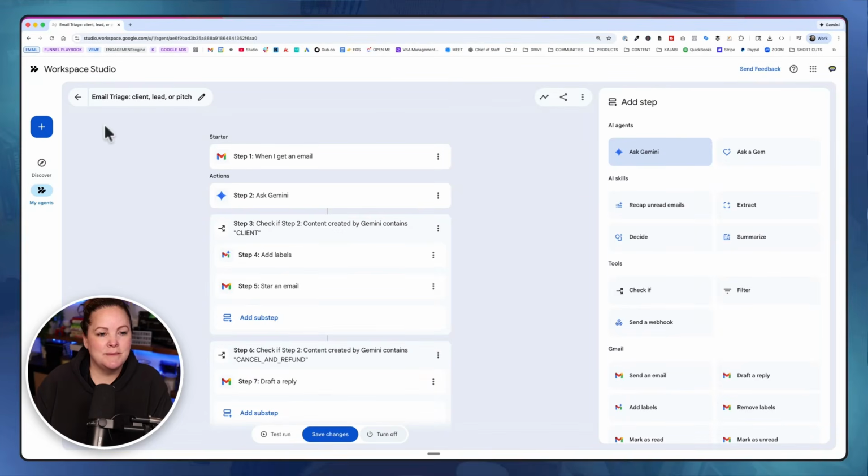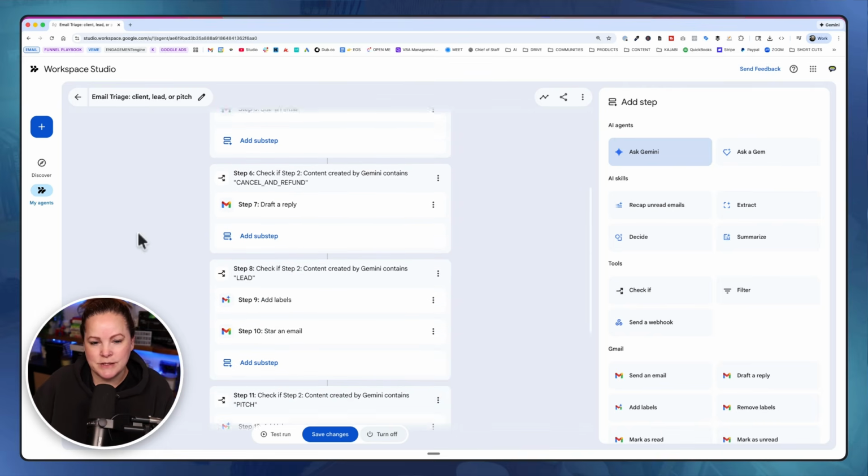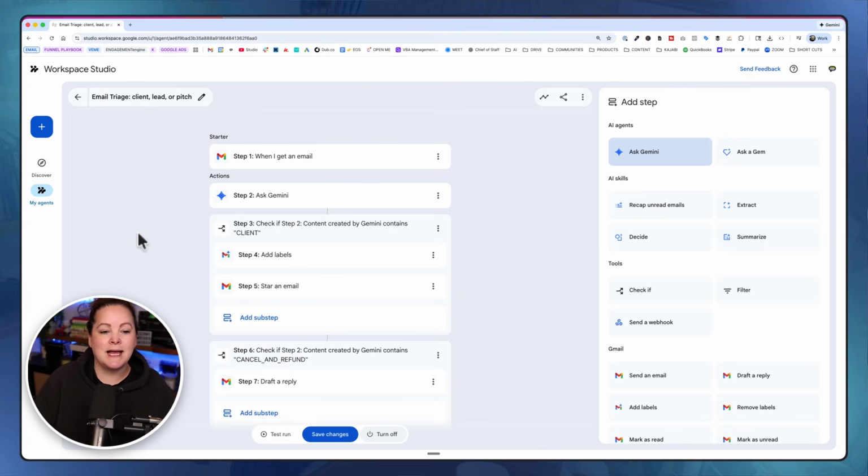Let's set up an email triage agent with Google's new Workspace Studio. I already have this set up. It's working really well, and it's relatively easy to set up even if you're a total beginner with AI and